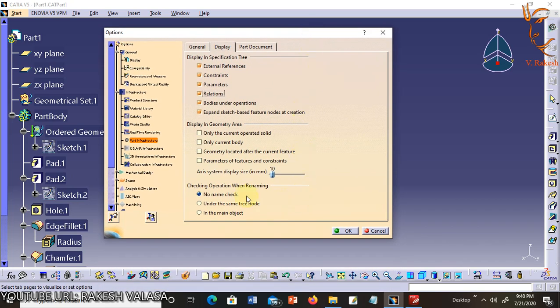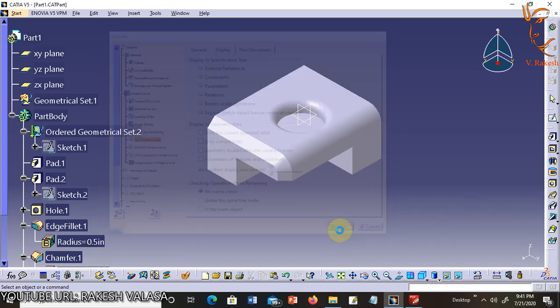The selections described in the previous steps are the options that control what kind of information is displayed in the specification tree and how it is displayed. You are encouraged to try the different options and develop your own preferences as you go through the lessons. Remember these options and revise them as required. After selecting the options, now click on OK.